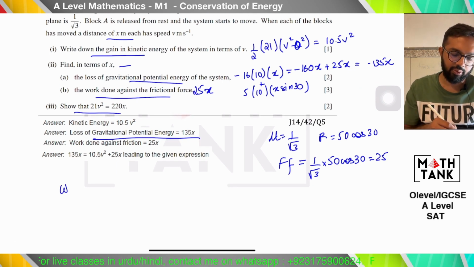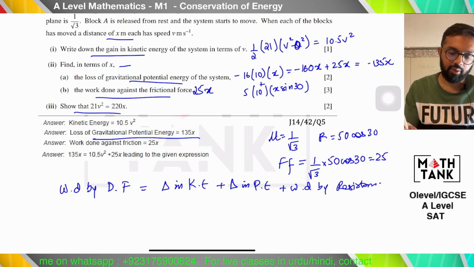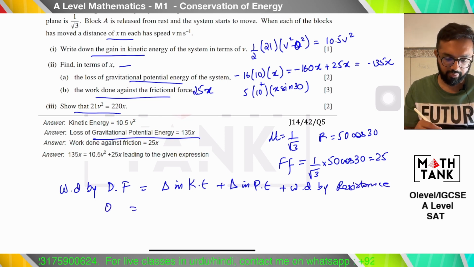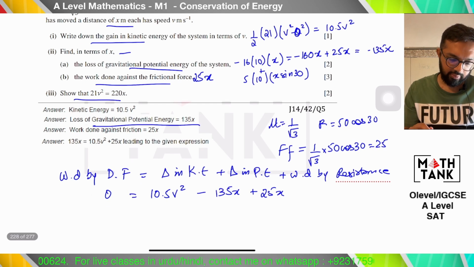So I'm going to say work done by driving force equals change in K, plus change in P, plus work done by resistance. There are no driving forces involved. So change in K is 10.5 v squared. Change in P is 135x. The work done by the resistance is 25x. So I am getting 110x